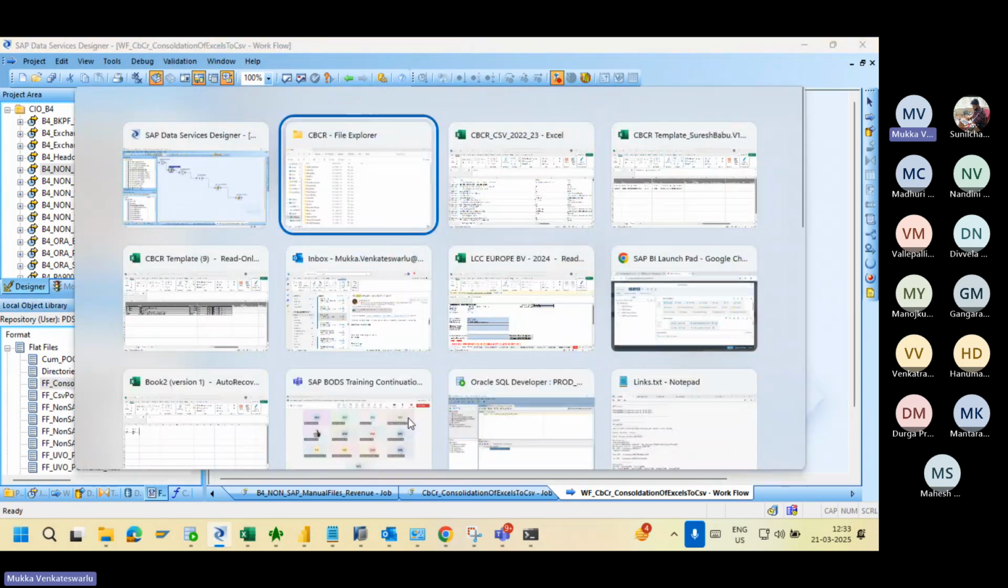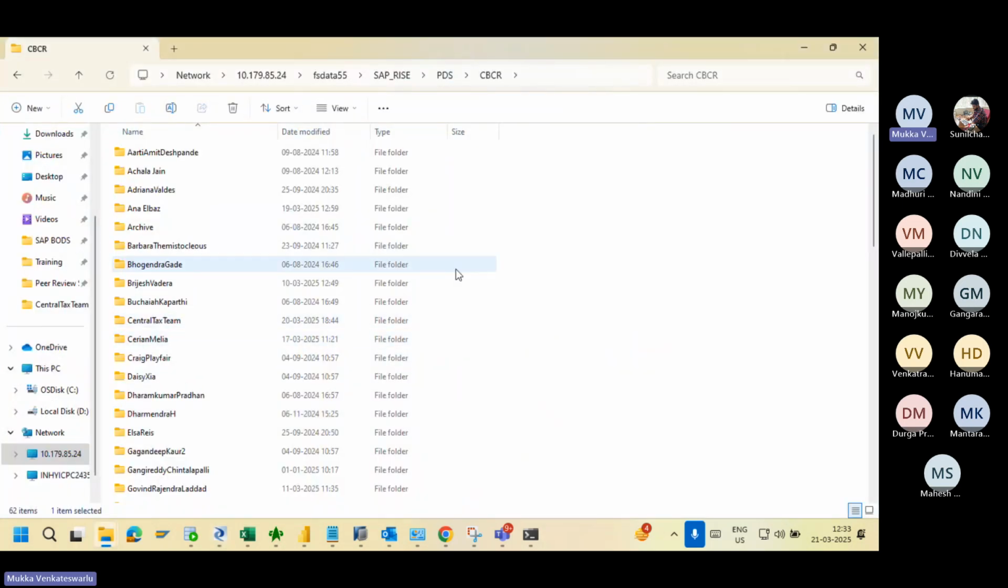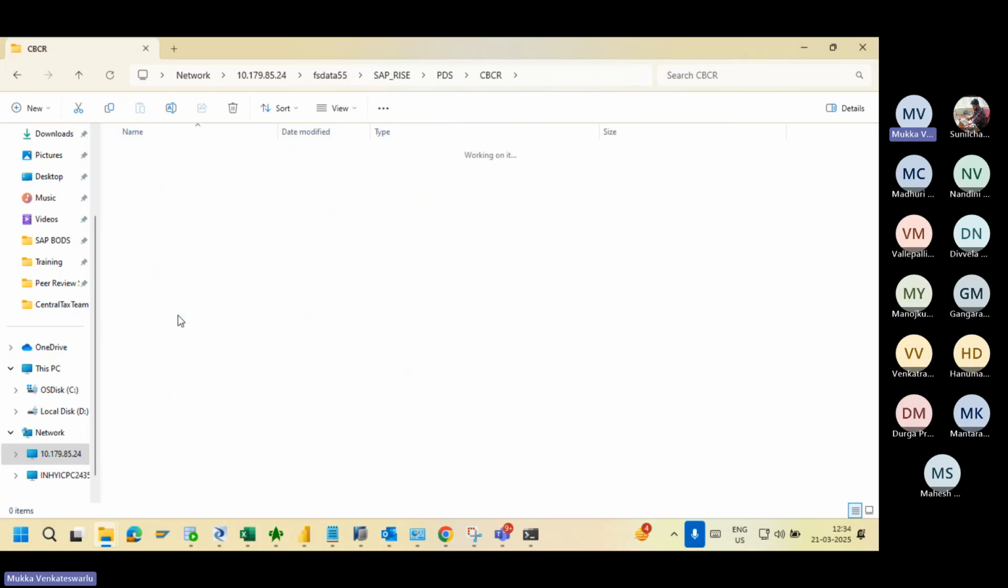But I will have to read the files. First, I will have to check all these folders. If there is any file in any of the folders, just process that file. For that, what I did here is first check all the folders, consolidate all those files and load them into one folder, which is nothing but a